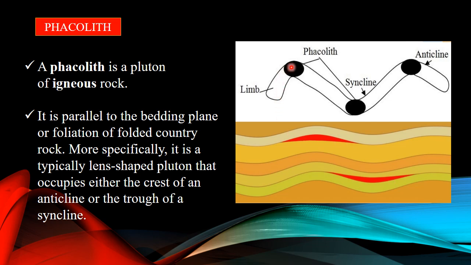So this anticline and syncline structure is also known as the crest and trough. The upper portion of the anticline is known as the crest, and the lower portion of the syncline is known as the trough. So in this way, this is crest, then trough, then crest, and then trough. So this structure is given like this, and this is all about the formation of the phacolith form of the